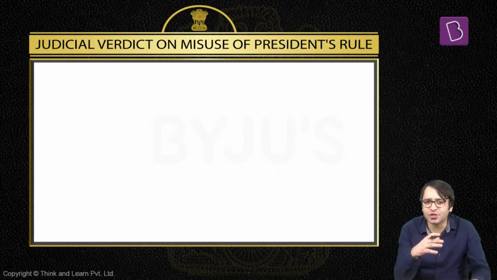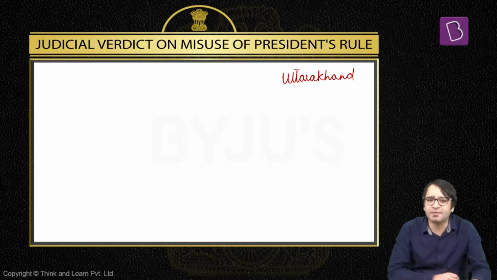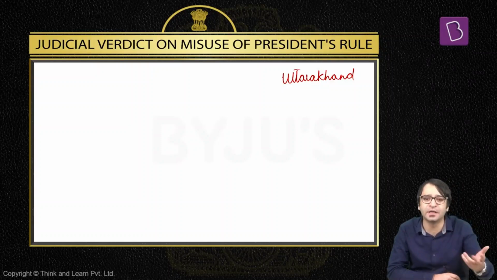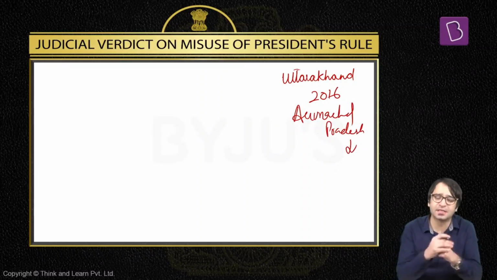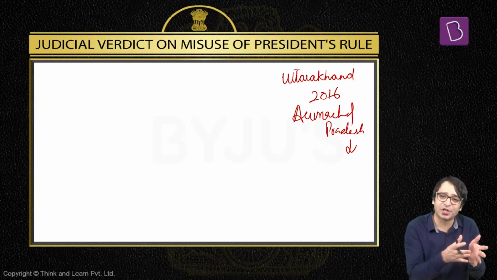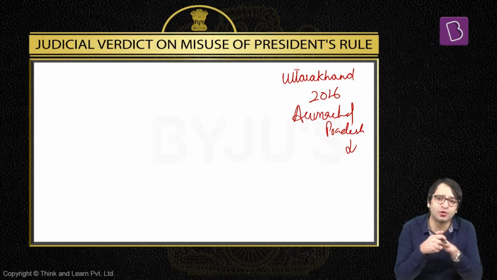That means the SR Bommai judgment has prevented the misuse and abuse of Article 356 of the Constitution. And this is best explained by the fact that when President's rule was imposed in Uttarakhand, when Harish Rawat's government was dismissed, the Uttarakhand High Court quashed this President's rule, saying it was improperly used by the centre. The year was 2016. In a similar fashion, President's rule was imposed in Arunachal Pradesh, and the Supreme Court of India in 2016 said that this imposition is in gross violation of the SR Bommai judgment. That means the SR Bommai judgment has prevented the misuse of Article 356, just like the Kesavananda Bharati judgment has preserved and saved India's democracy, just like the 44th Constitutional Amendment Act has prevented the misuse of Article 352.